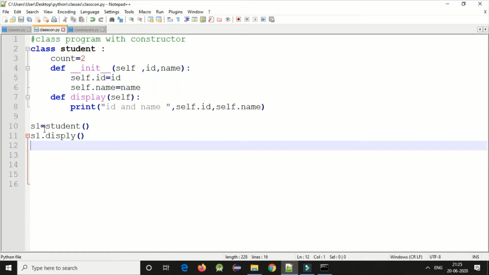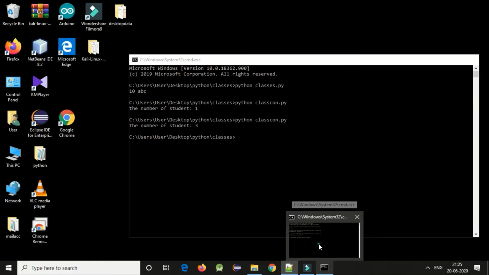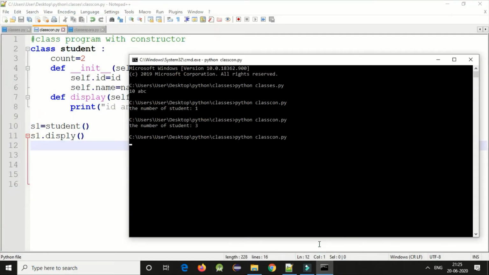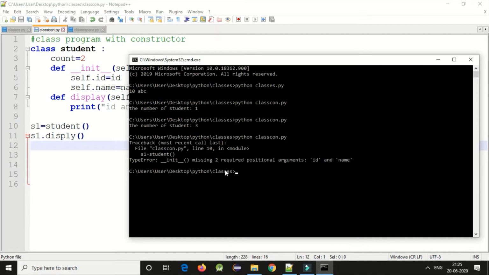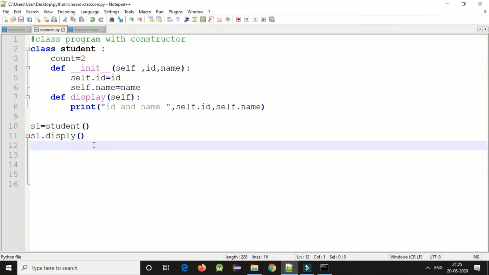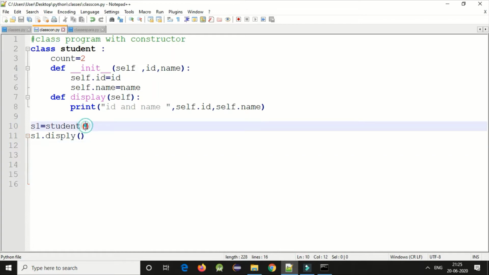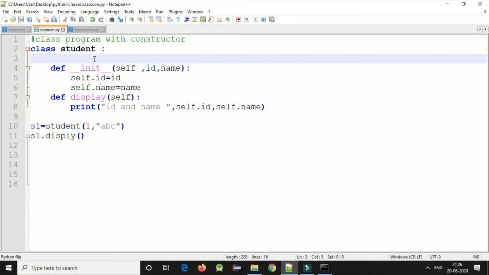Okay. Let's run the program. Now I have to give parameters here. In the class I have to pass a few parameters. So here I will pass 1 comma abc. Now this count will also get removed.